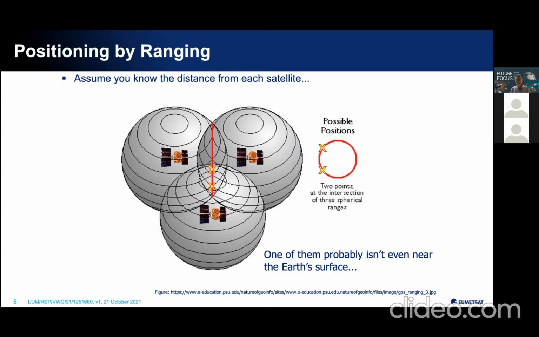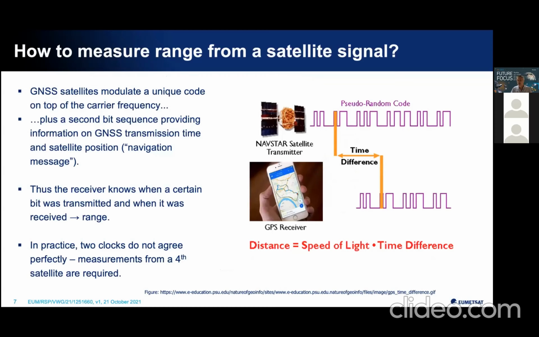So what you need then is, you want to know where all these GPS satellites are, and you want to know how far you are away from them. And how can satellites tell you that? Because in the end, they are just sending you a signal at a certain frequency. And the answer to that is in the structure of the signals. So what GPS satellites do is they,